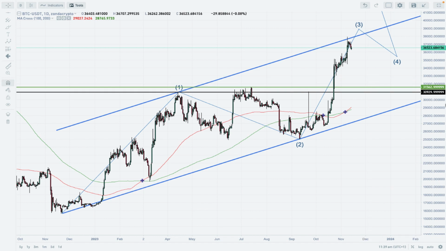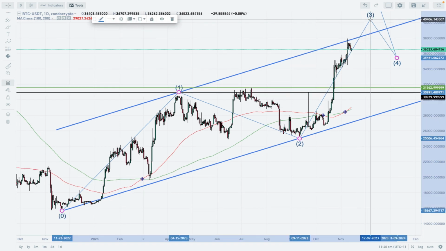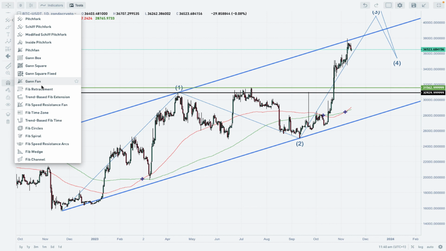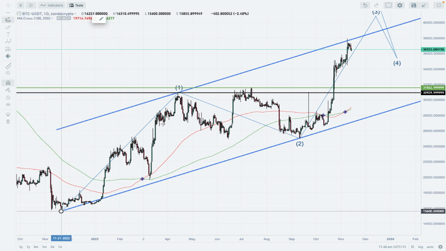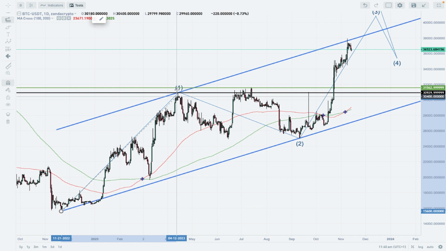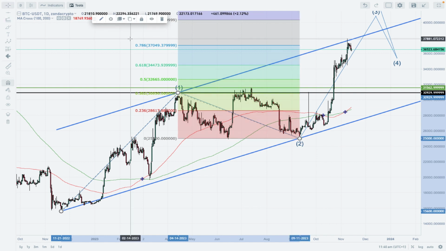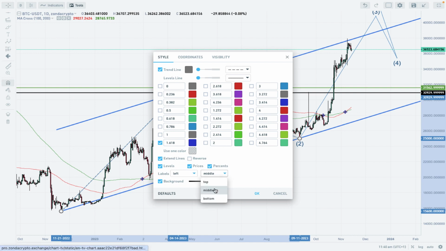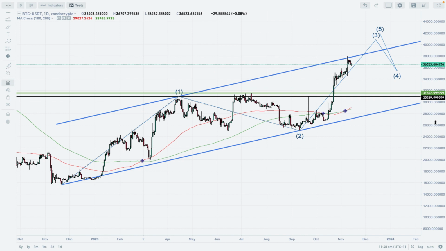So, the eventual projections for the termination of wave 3. Let's take a look at a simple projection here. Let me find the trend-based Fibonacci expansion. From the low of wave 1, if we project the length of wave 1 from the bottom of wave 2, we can clearly see 161% of wave 1. Let me do it right now. That's the most common target for wave 3. So let's do it maybe on the right. Okay, so 161% is located at